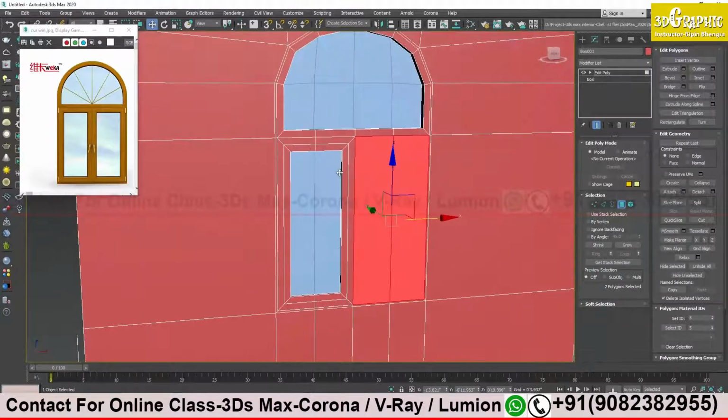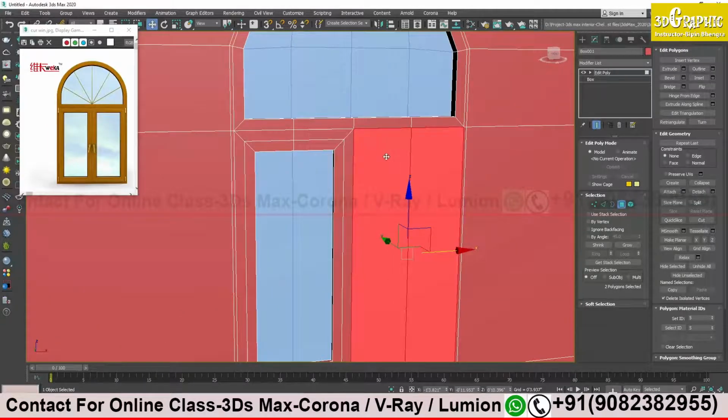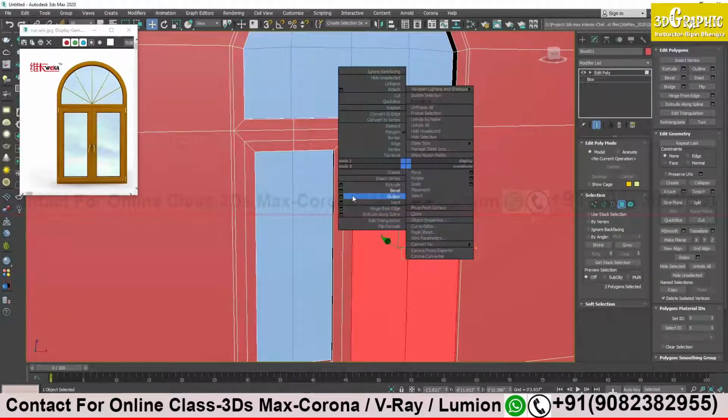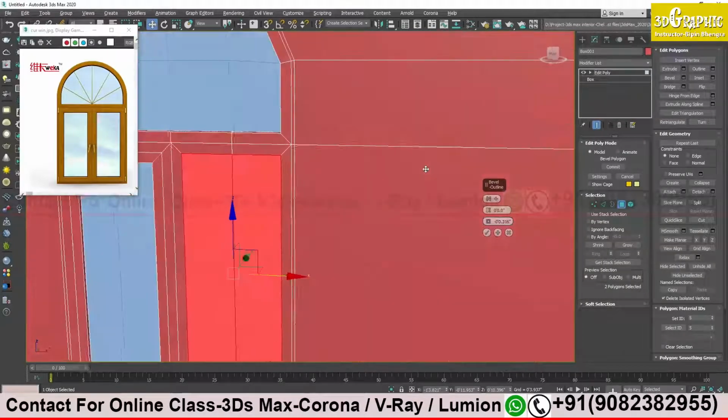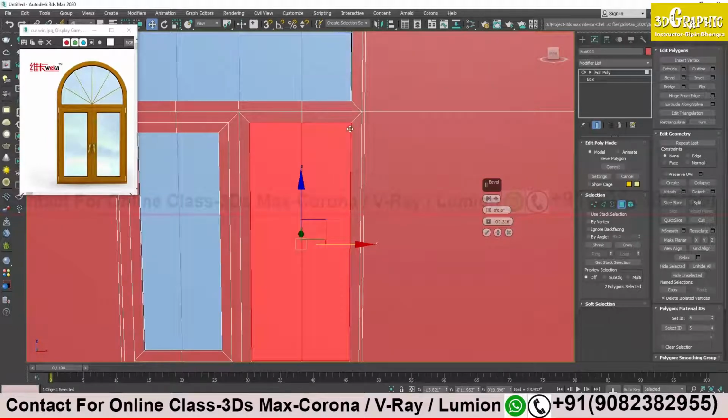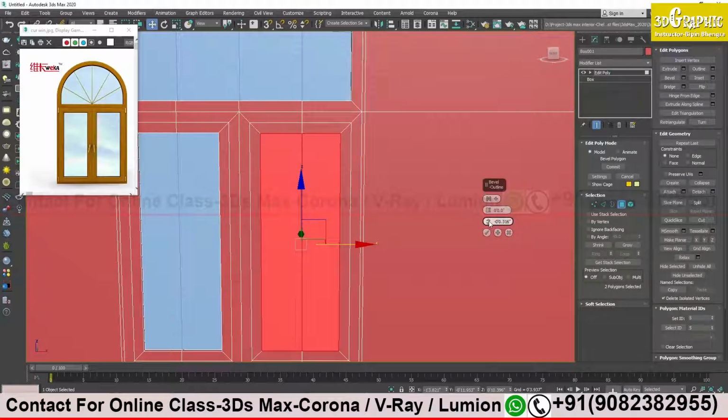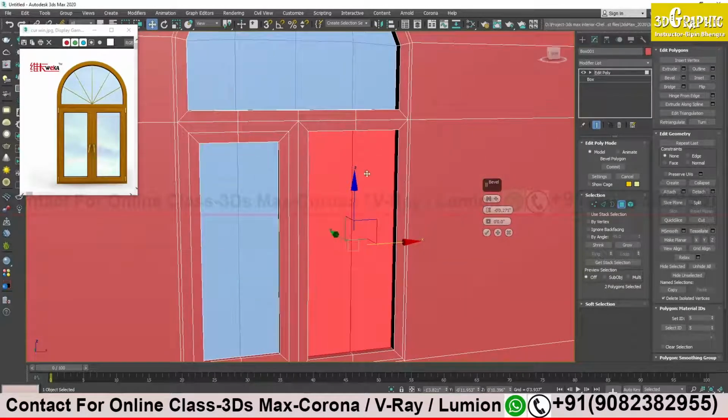I'll finish this. So it's the same step I have to repeat. Select the face, right click, go to bevel, and then drag it a little bit inside the border as much as you need, as per my top border, so that it will be parallel. Plus sign because I need it to be a little bit inside, extruded, inner inside like this, and I am done. And again I have to detach it.